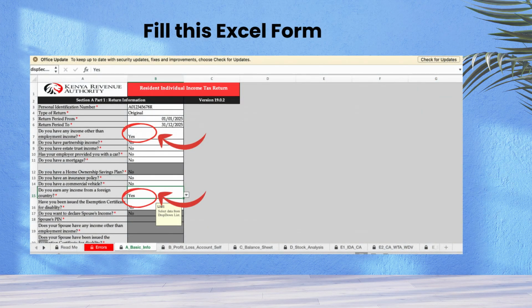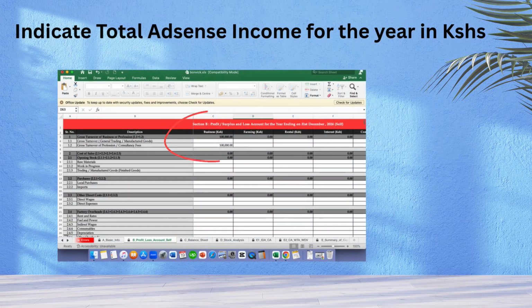Once you open your Excel sheet, enter your KRA PIN number here. Then tax type, you choose original. The tax period, it's 1st to 31st of December. And then, do you have any other income except employment income? You select yes. Do you earn any income from a foreign country? Choose yes. So once you are in your individual return, go direct to the business income section, then proceed to